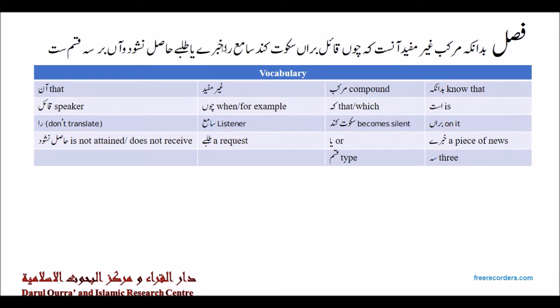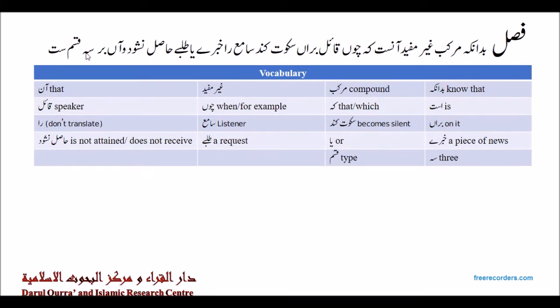So if in a sentence you don't attain any khabar, any news, any information, or you don't receive any request, then that will be a Murakkab Ghair Mufid, an incomplete sentence, like the word Zed's pen. You haven't received any information about Zed's pen, nor have you received any request concerning Zed's pen. So the listener doesn't receive any khabar or any talab. That makes it into Murakkab Ghair Mufid.